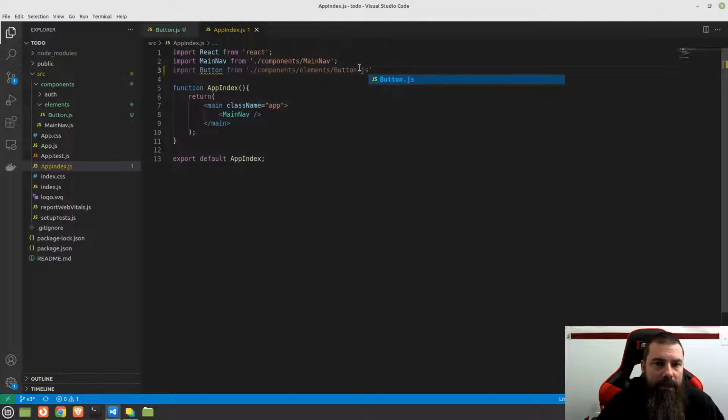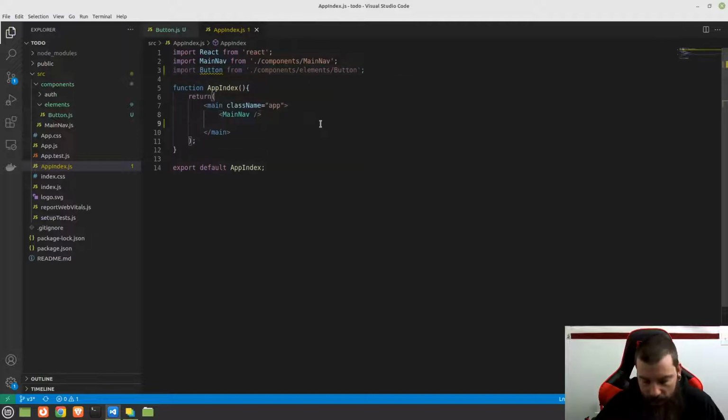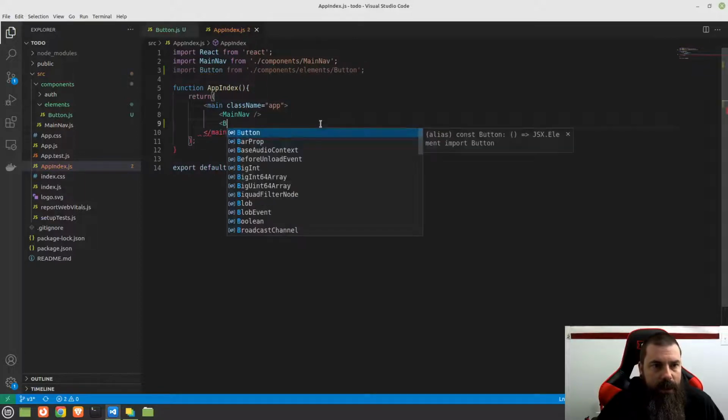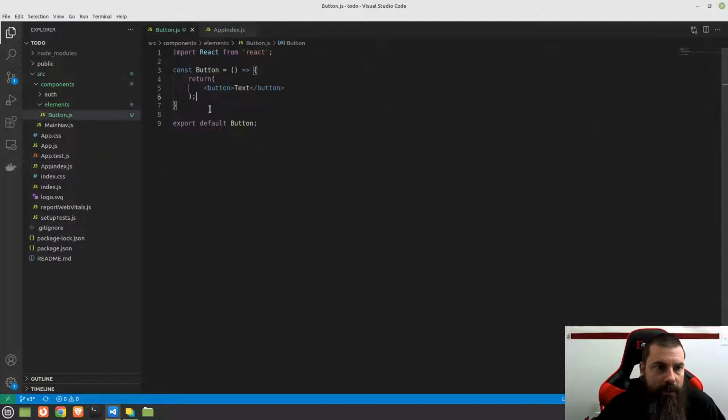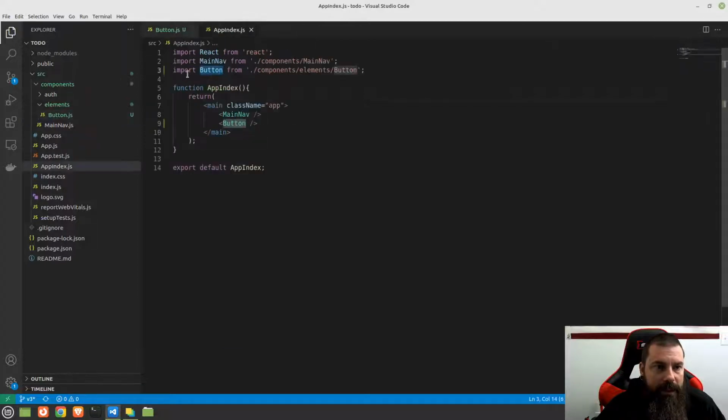Now you don't type in button.js here on this import, you just type in button, just like that. Okay, once we've done that, this is kind of grayed out because we're not using it anywhere. But right here underneath our main navigation, let's go ahead and use our button. And the way we use it is we're going to call it by the same name that we imported it from, which, because we exported this as a default, anything that we import here without putting in curly brackets,